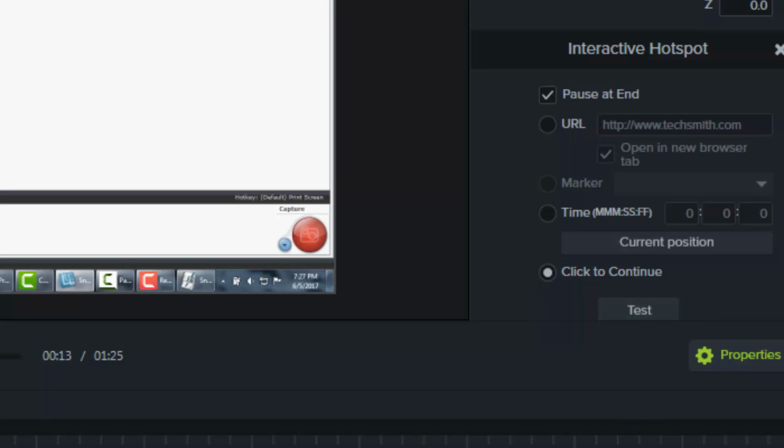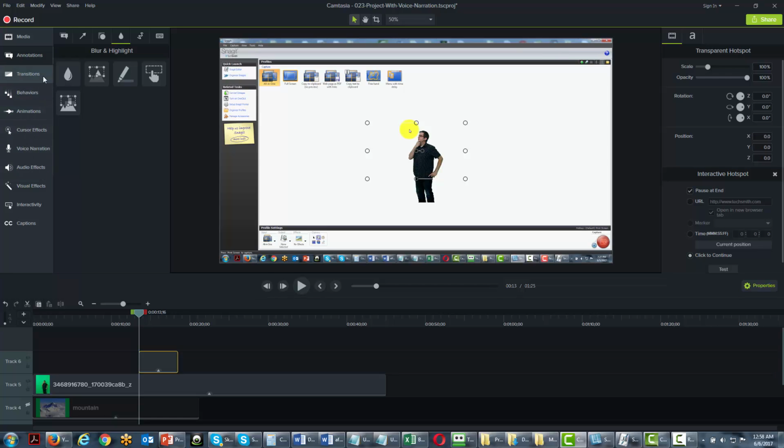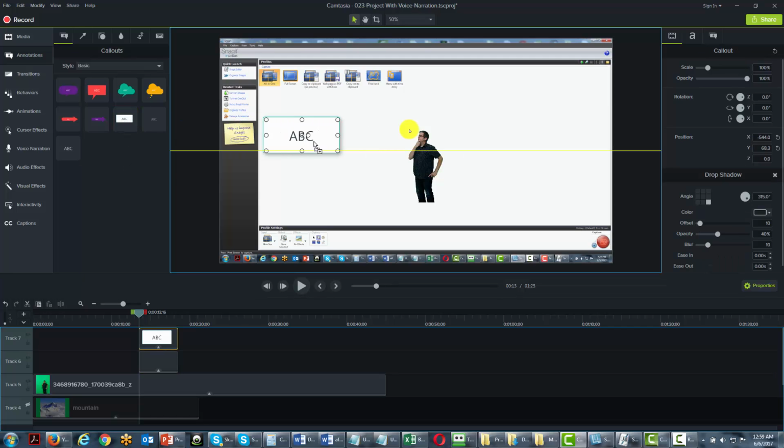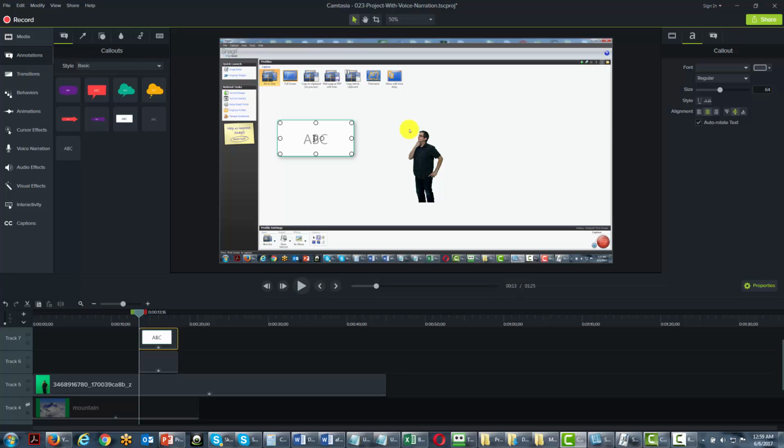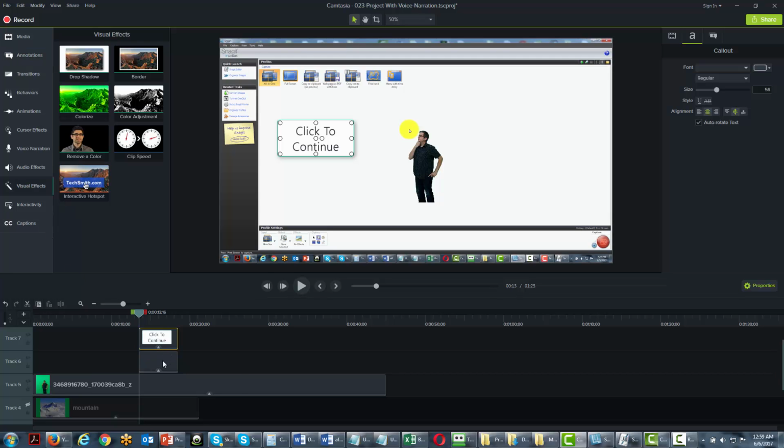Now in order to execute this, we're going to have to give the viewer some instructions. So we're going to go to the callouts. Then we're going to add in some text, and we're going to just add it in right here. We're going to double click it, and we're going to say something like click to continue. And we want it to appear for the same length of time as the hotspot. And then let's go to the hotspot so we can start to work with the